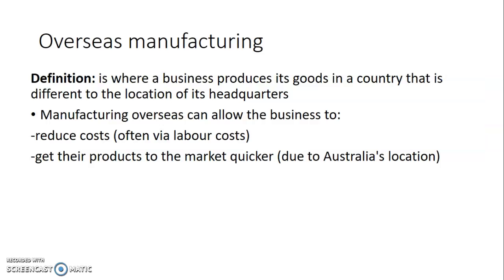Now we look at overseas manufacturing. This is very similar to the last point, but instead of just getting the inputs and the processes to create the outputs, that whole process happens overseas. So they create the whole product overseas, then they send it to the country where it's located. A really key reason why they do this is it might be cheaper wages, which saves them a lot of money, and also it might be able to get the product out quicker. If we're an Australian company and we have a factory set up in America, it allows us to sell those products to America really quickly.